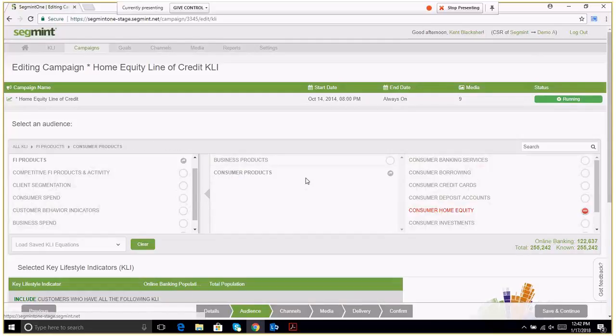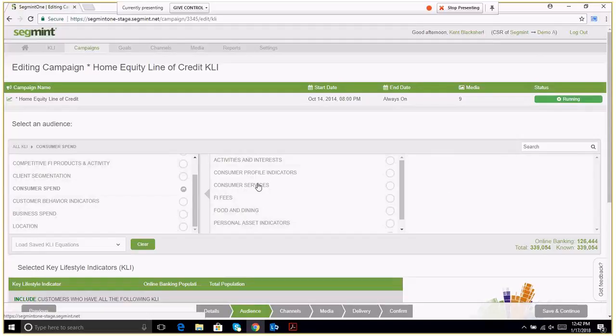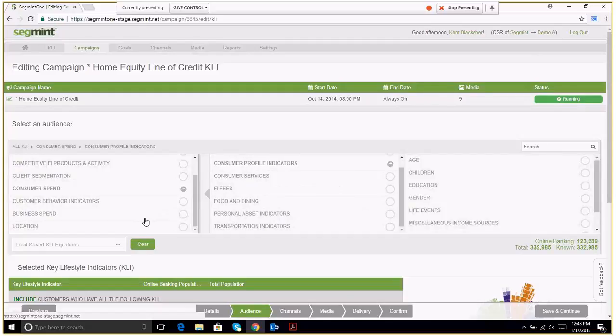I can get into things like consumer spend. Who are my individuals who may like to dine out quite a bit, or who are my world travelers, or who are individuals that have kids, or who are the individuals who like to shop at, say, Home Depot or Lowe's or make a lot of home improvement purchases. That is all available within the platform. And you can start creating an audience equation based upon what the goals of the campaign are. So, for instance,